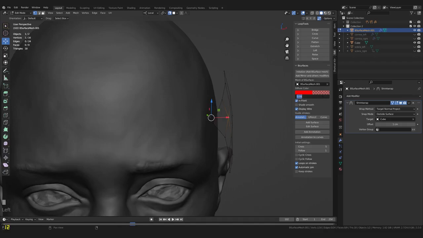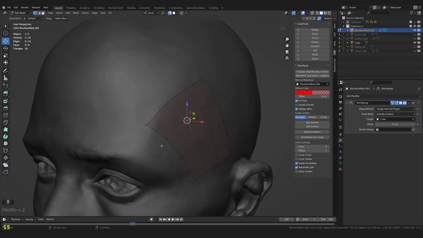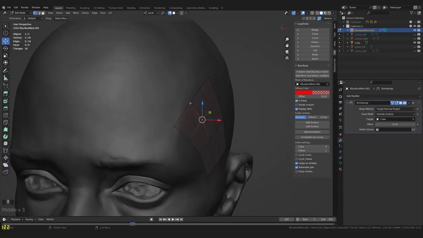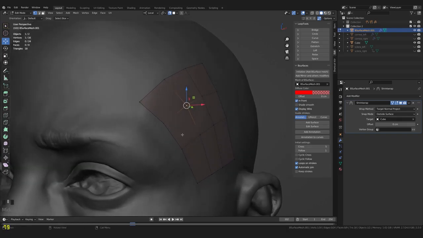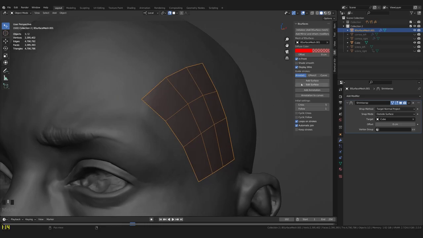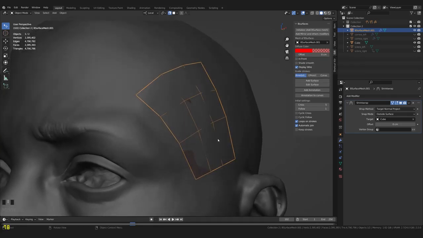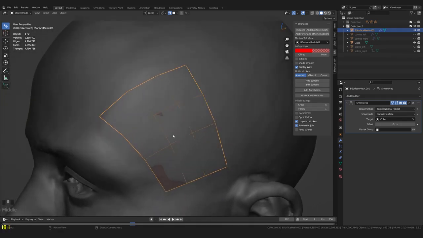And it turns out that I'm not actually a big fan of keeping any kind of offset within Blender. If you've done retopology in other software, you know that it's very useful to keep a little bit of an offset between the low poly and the high poly, because if you don't do that, what actually happens, and if I go ahead here and turn off the in-front option that is right here, what actually happens if you don't have a bit of an offset between your low poly and your high poly is that the low